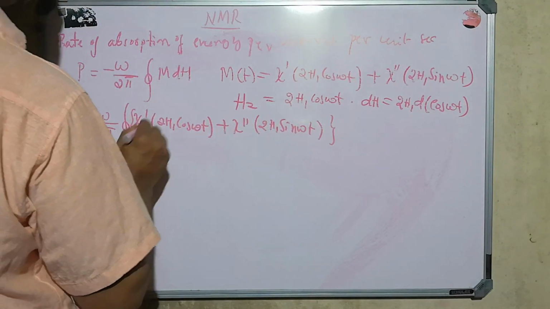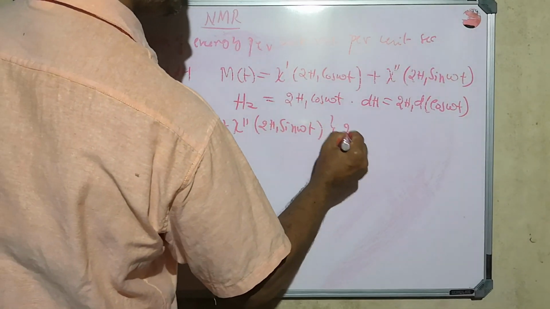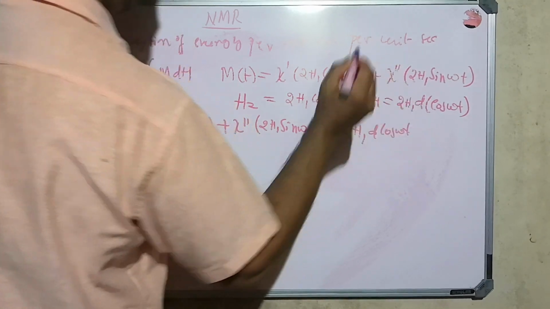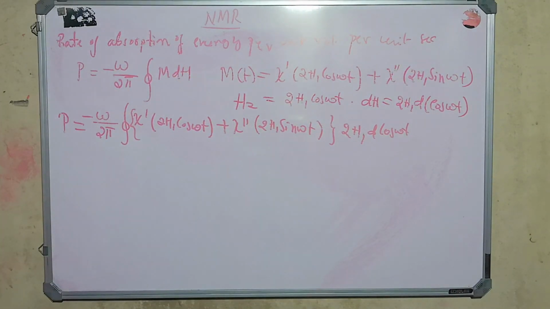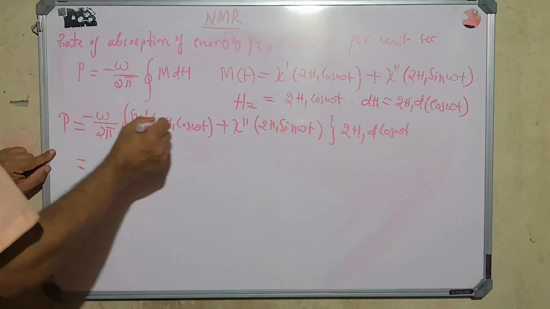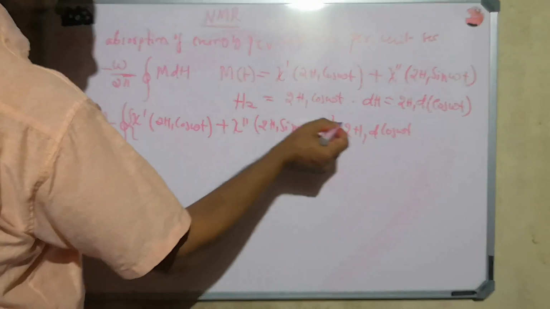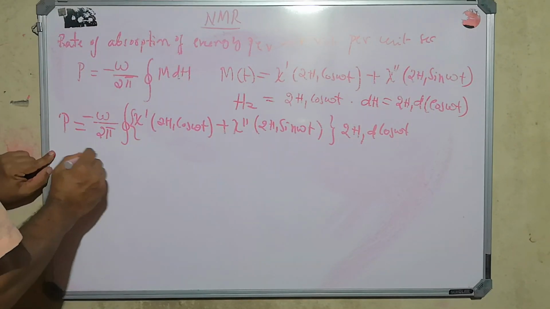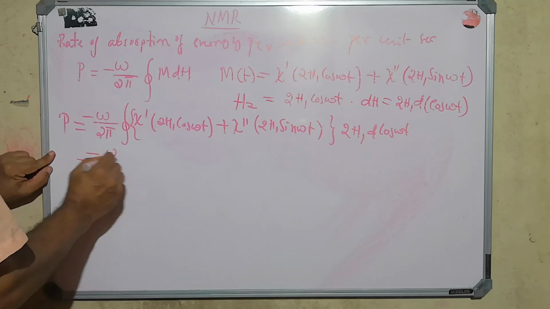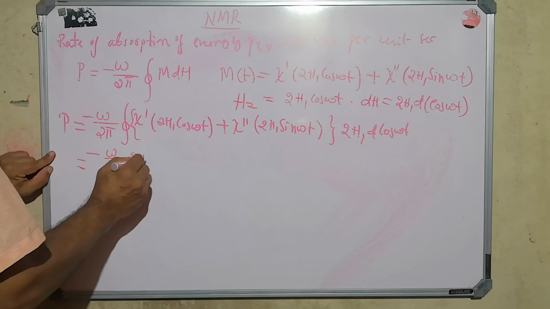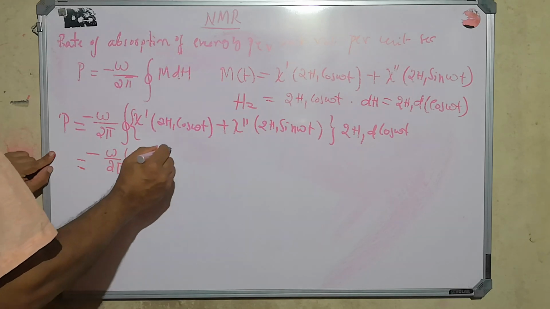So, dH is equal to 2h1 d of cos omega t. So, therefore, this is equal to, here you can observe 2h1 is common. Take outside the bracket. Then it becomes 2h1 whole square minus omega divided by 2 pi into 2h1 whole square